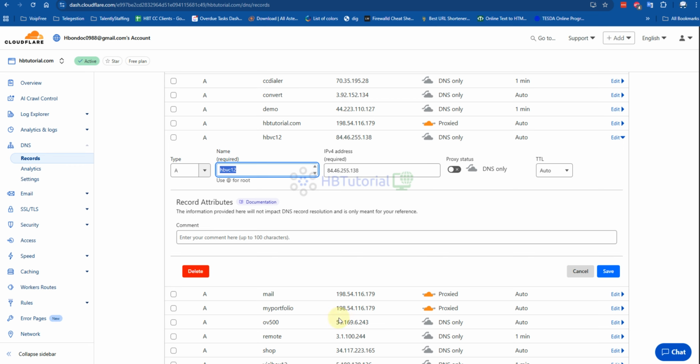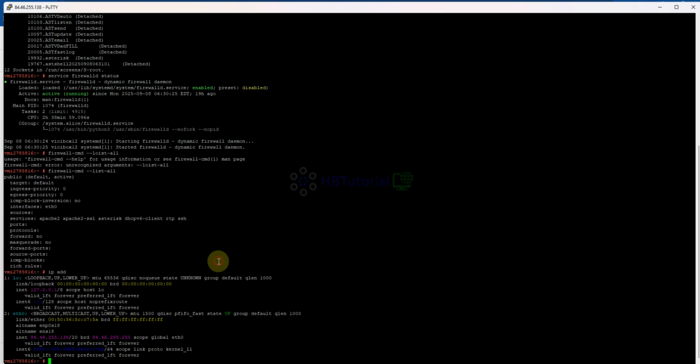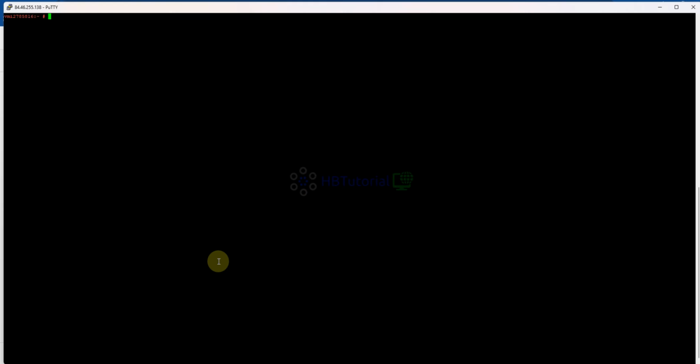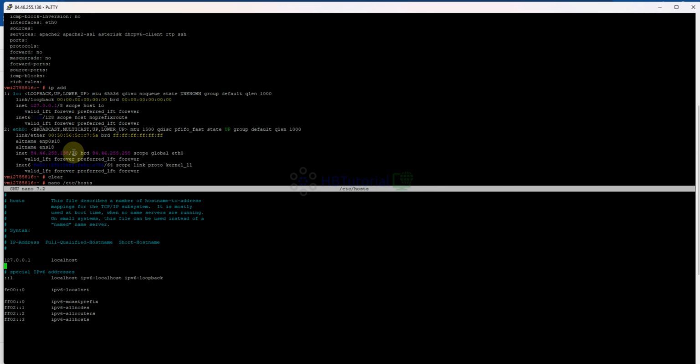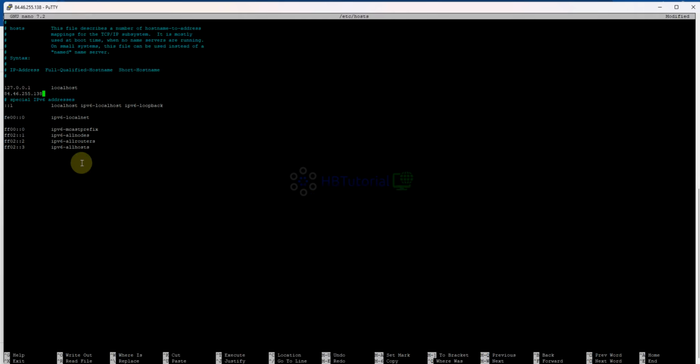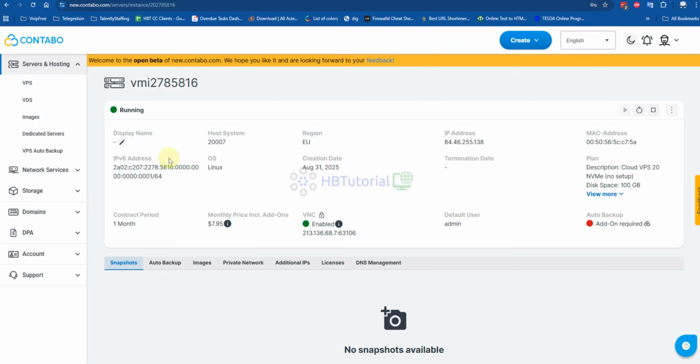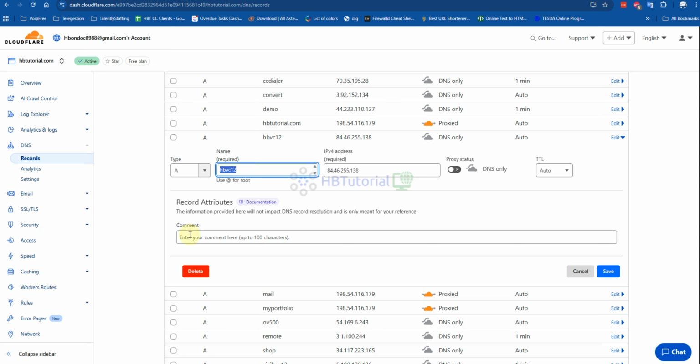Okay, so now I will update my host. I clear this one. So nano /etc/hosts. From here, I need to update my host name. So I need to get my server IP address, then tab, and then you need to put your domain.